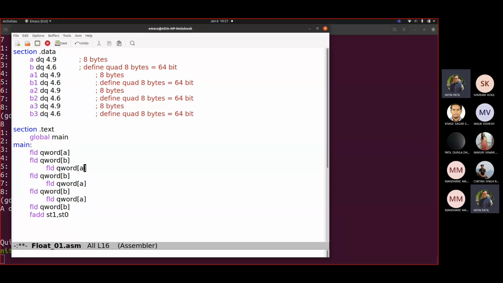So let us write this. FLD AB, A1, B1, A2, B2, A3, B3. Let me change these values as well: 1, 2, 3, 4, 5, 6, 7, and 8, so that you will be able to know how the changes are happening. So we have declared 8 variables, which we are storing into the respective float registers.